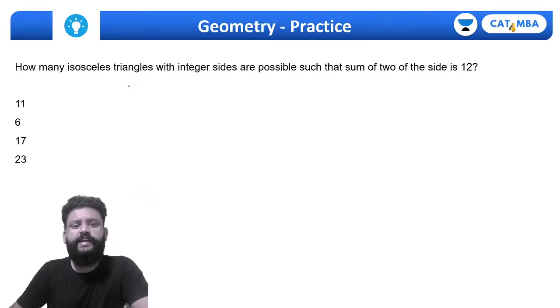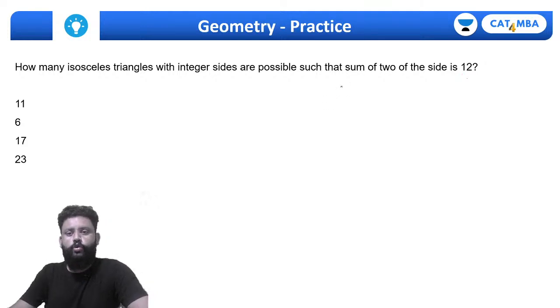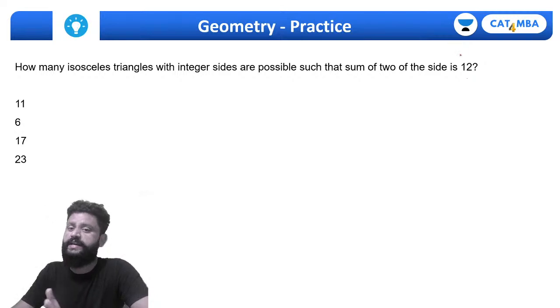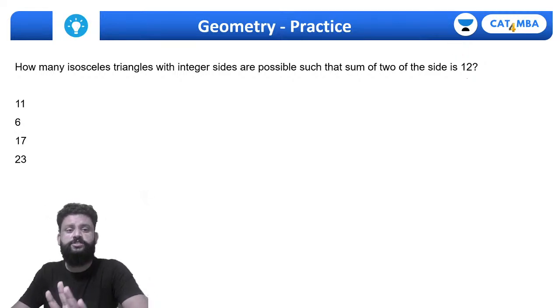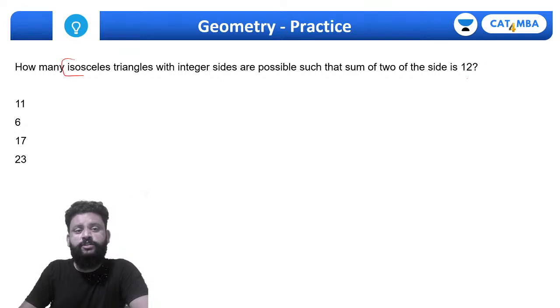So let's go ahead. How many isosceles triangles with integer sides are possible such that the sum of two sides is 12? So कोई भी दो साइड का एडिशन 12 होना चाहिए. Not necessarily जो दो equal side हैं वो भी हो सकते हैं, unequal side का एडिशन भी 12 रहेगा तो भी चलेगा, because it is not given otherwise. But one thing is for sure, we want the triangle to be an isosceles triangle. So one thing is